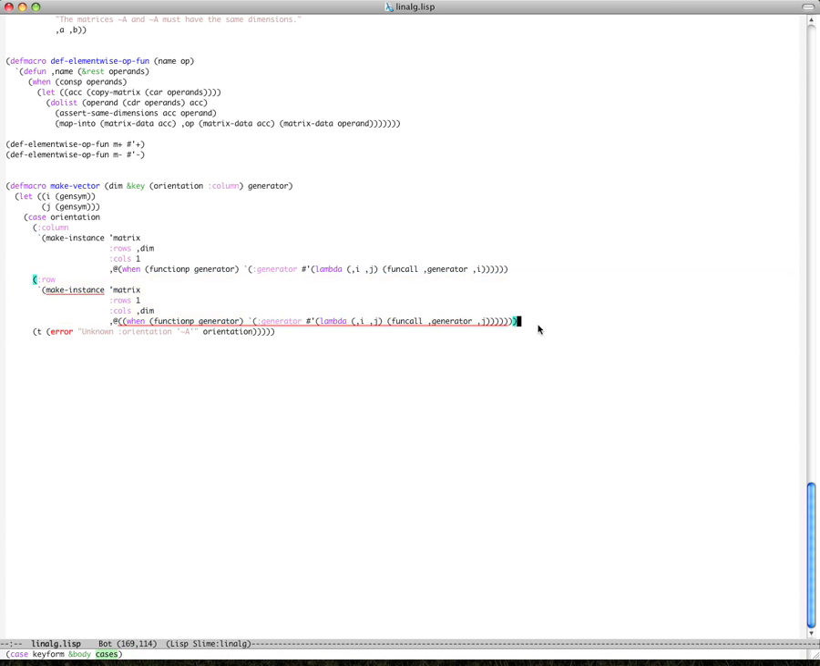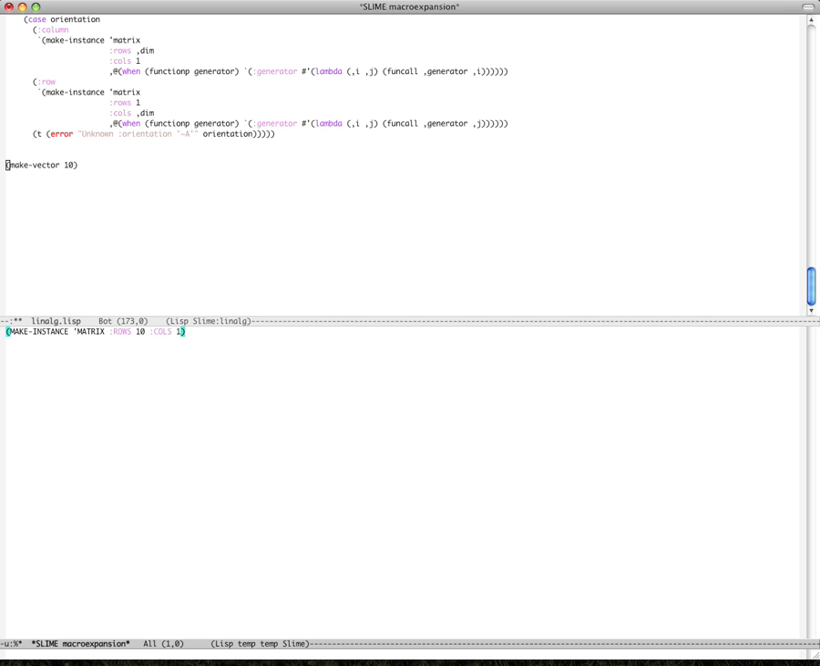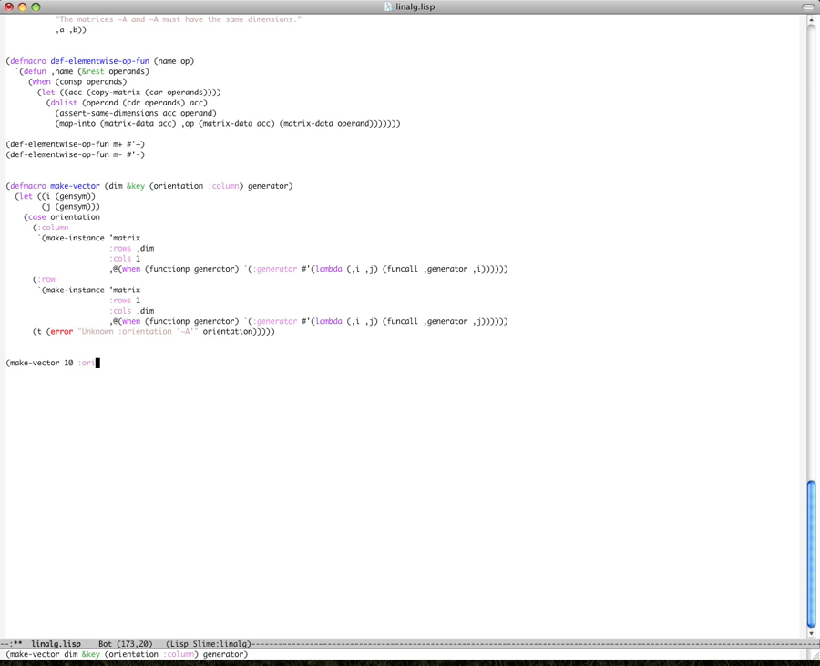What is Emacs doing here? This is the first case. The second case. Because there's one pair. This is too much. Now everything's fine. Very nice. So now, let's try out the macro. If we say make vector, for example 10, this expands to make instance matrix row is 10 equals 1, that's perfect. Or if we say orientation row,